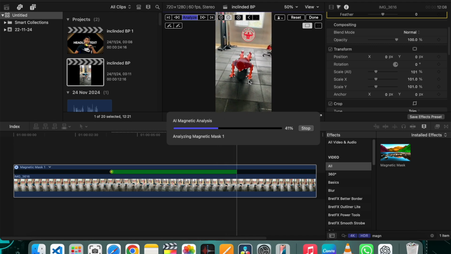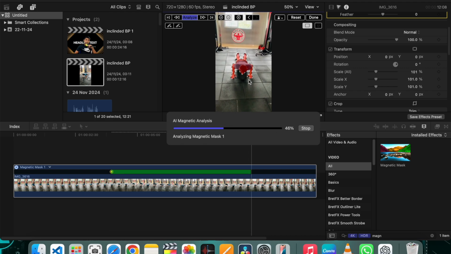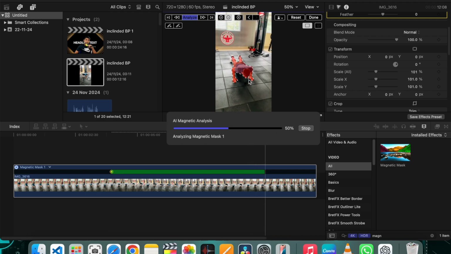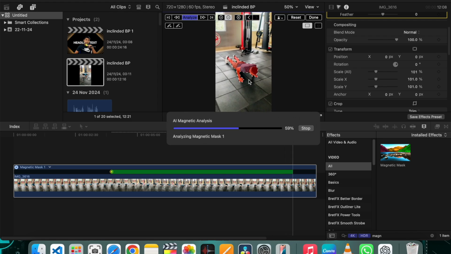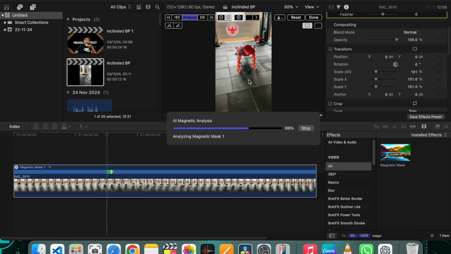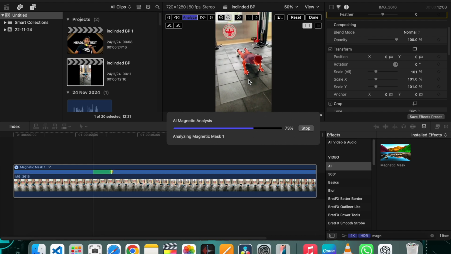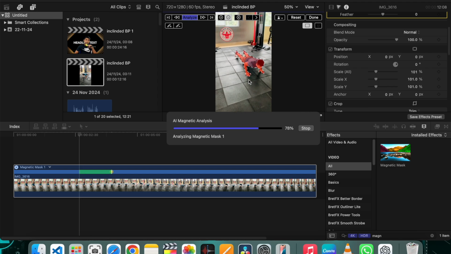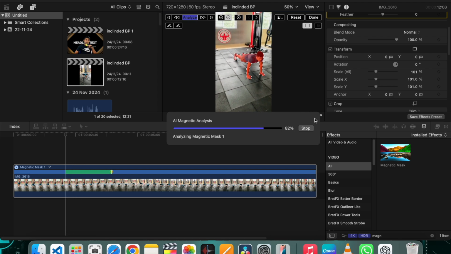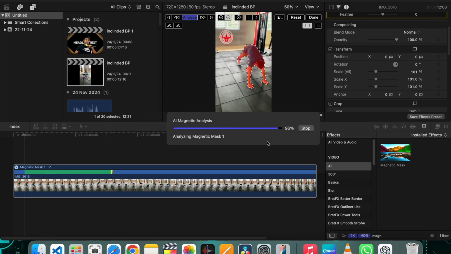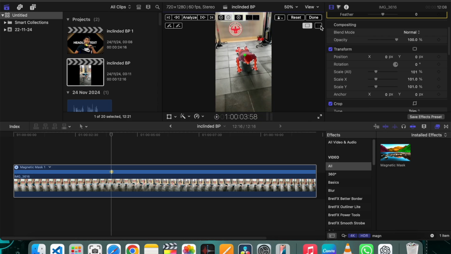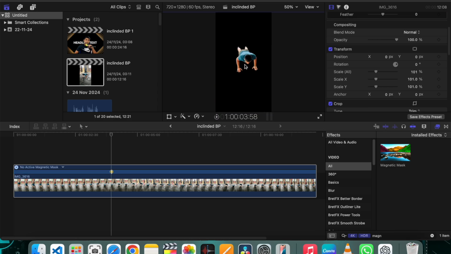So Final Cut Pro is using the artificial intelligence technique to analyze the subject. And earlier what used to happen, you used to do the rotoscoping, and that was a very lengthy and difficult task to do. But here, with the help of this artificial intelligence technique, it has done an absolutely fabulous job. We can see over here. So it is almost completing it, 82% it has done, and now it will complete the 100%. You can see here. Once it is done, what will happen? You just have to click done, and then your subject is